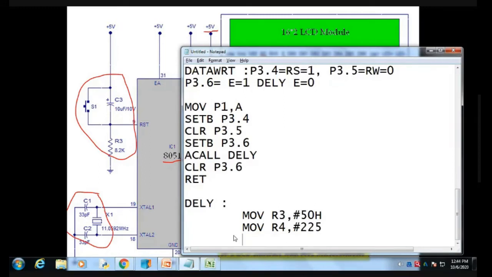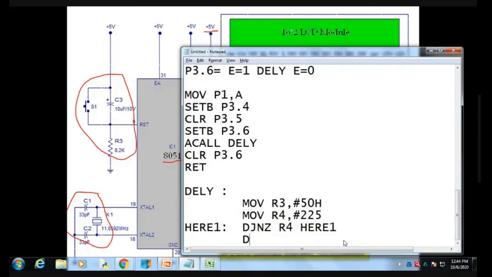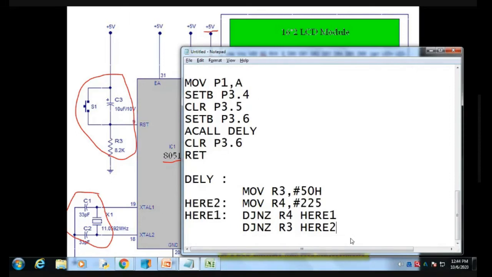Then DJNZ R4, here 1, to here 1. Then DJNZ R3, here 2, to here 2. Then after that, RET.